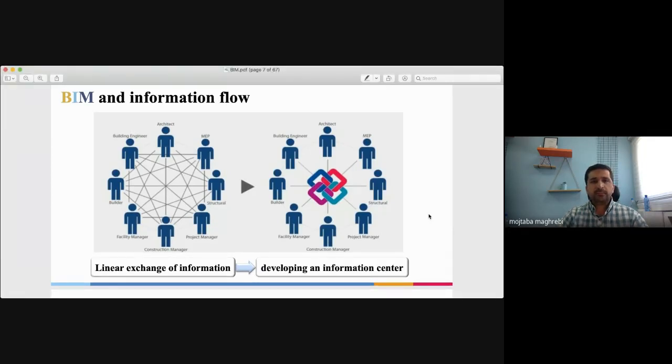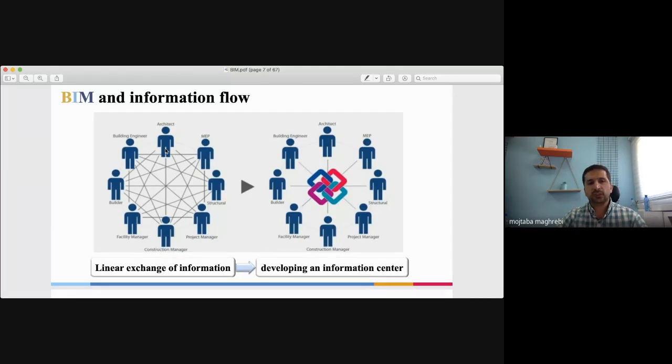What BIM brought us is this: if you look at the left side of the slide, you can see that we have architects, MEP, structural engineering, project management, construction management, facility manager, builder, and then also engineering. If you've been in a project, you can't find a federated model, a unique model for projects.